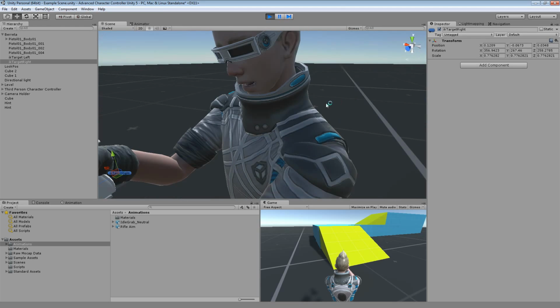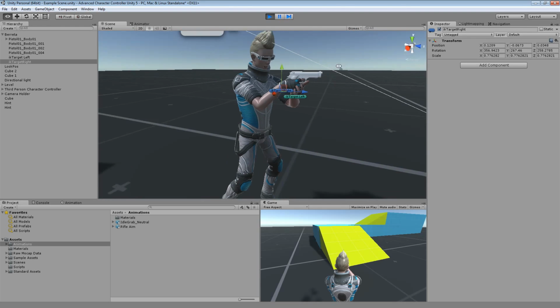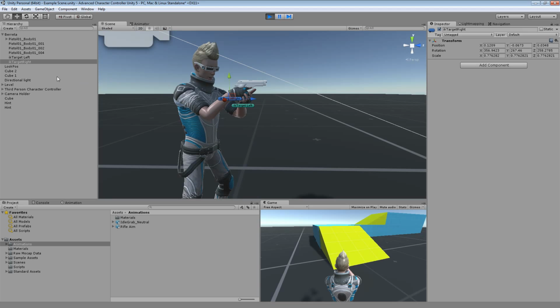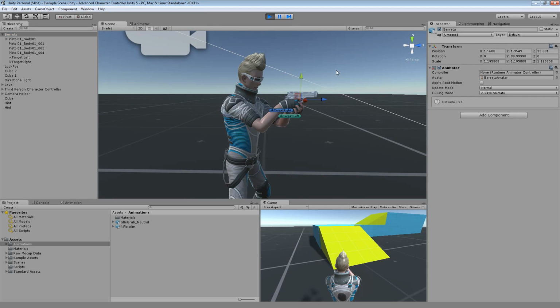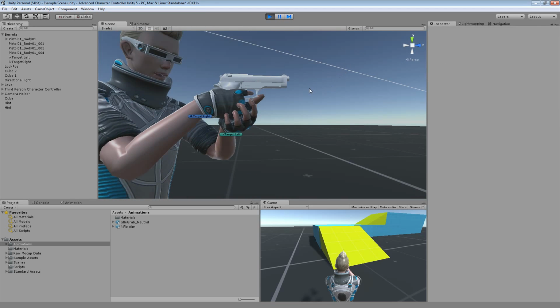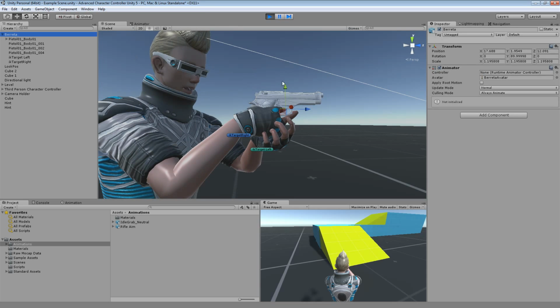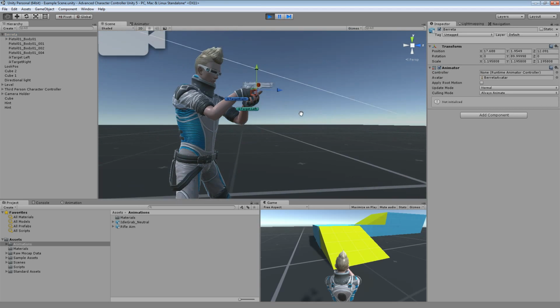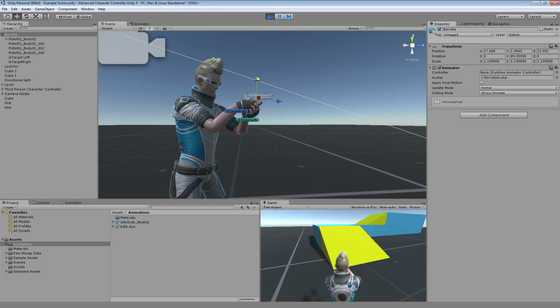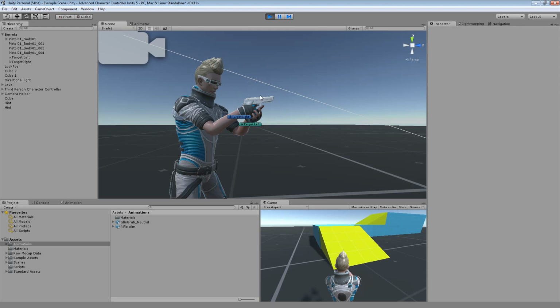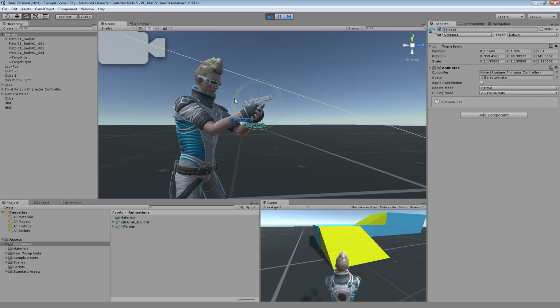Okay, and this fixes the problem if you don't have animations for the pistol but you have them for a rifle, or vice versa. Then you can use it this way, and if I move around this, and even if I want to move it to the front or to the back, or simply rotate that, I can also see that